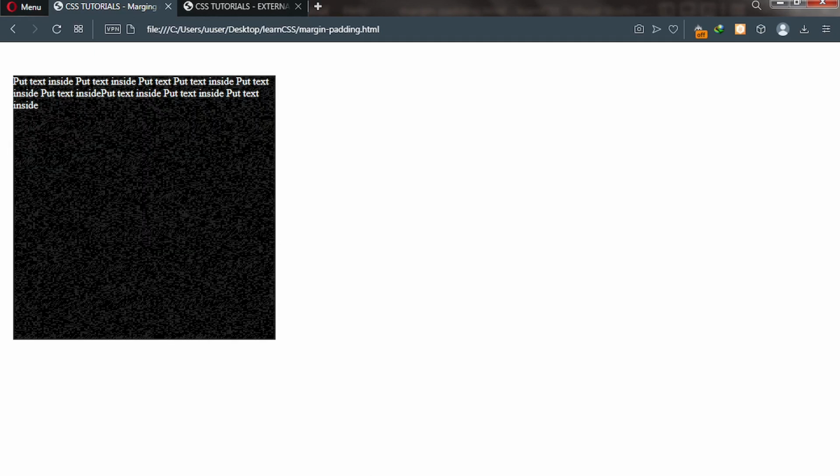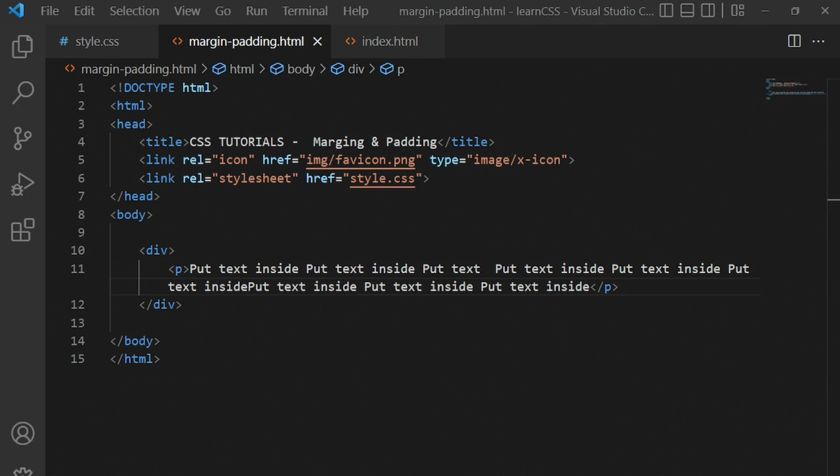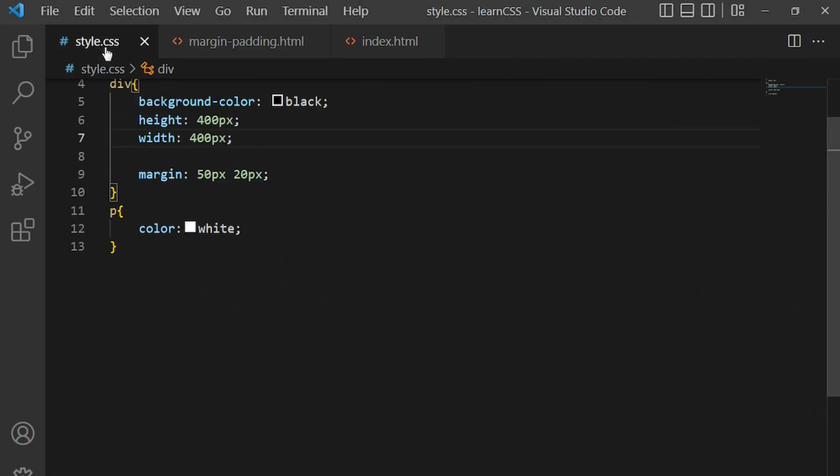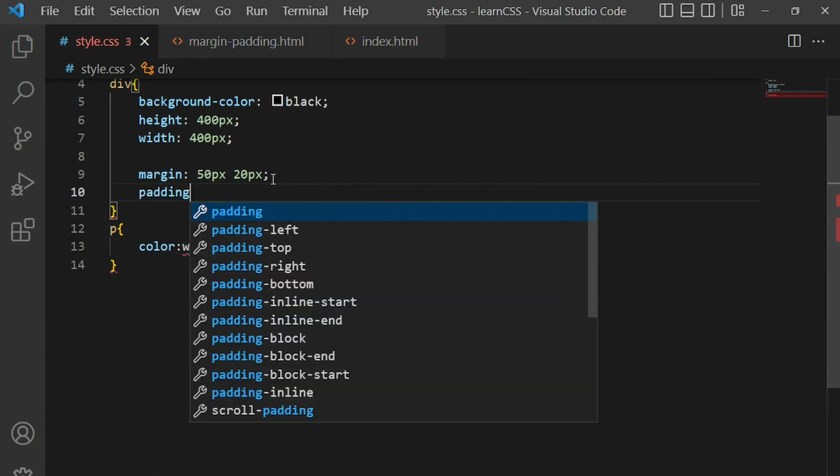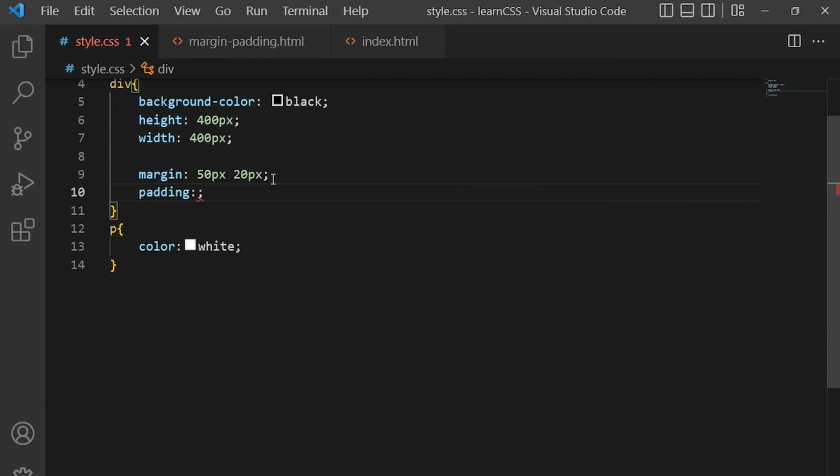I'll simply take you to the code editor, and then we're going to be targeting CSS. This time we're going to put padding, not margin, so put padding, and then we can put something like 40 pixel. Then we'll go to our web browser,